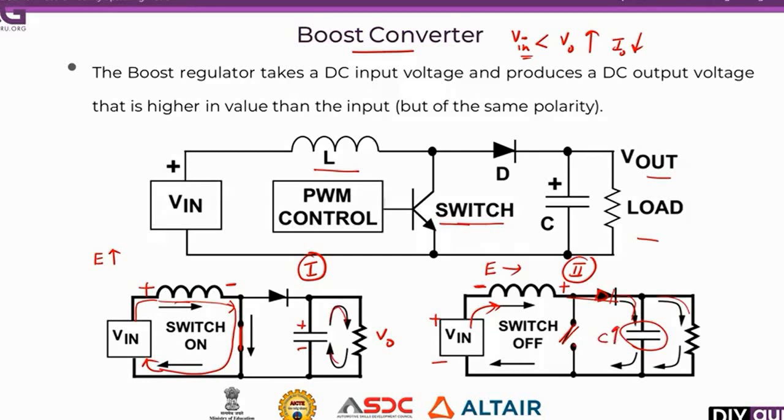The capacitor charge increases. As we already said, the voltage across the capacitor will be the voltage across the load. Since the supply voltage and the voltage across the inductor are connected in series, the output voltage V0 will increase,